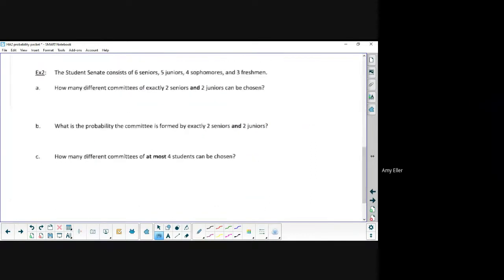Let's do one thing at a time. We have "and," which means times. Let's think about just the seniors. I have to pick 2 seniors. There's a lot of ways to pick 2 seniors. How many ways? Well, there's 6 of them, and I'm going to pick